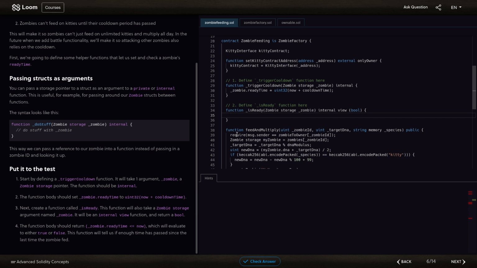All right. And the function body should return this right here. So it'll just return a Boolean, true or false. Is zombie ready time less than or equal to now? If it is less than, we can't really do anything. Or let's see, yeah. So if the ready time is less than now,